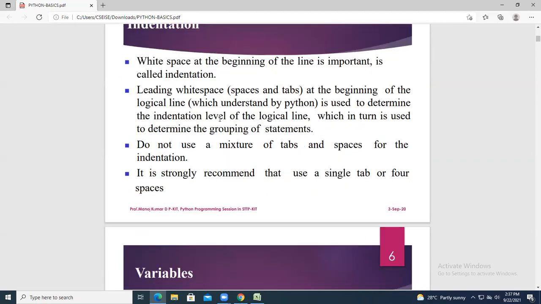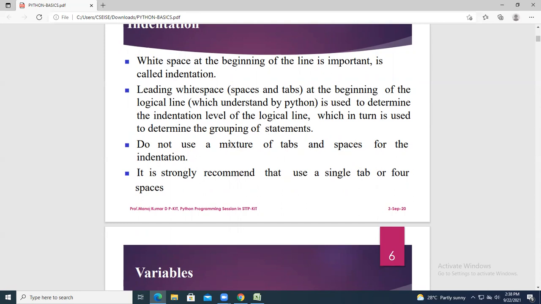Leading white space, that is spaces and tabs at the beginning, is used to determine the indentation level of the program. Use either tabs or spaces, but do not use a mixture of tabs and spaces for indentation.